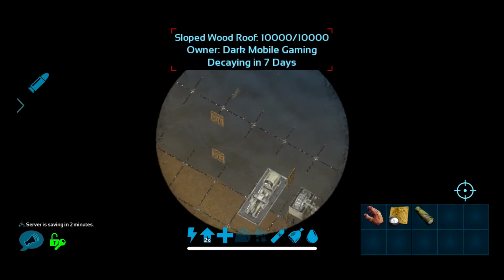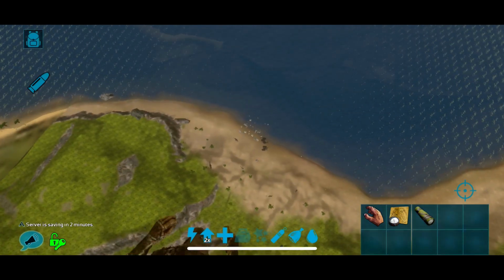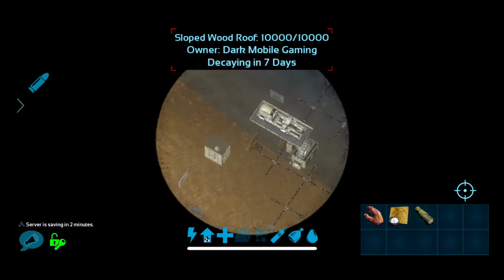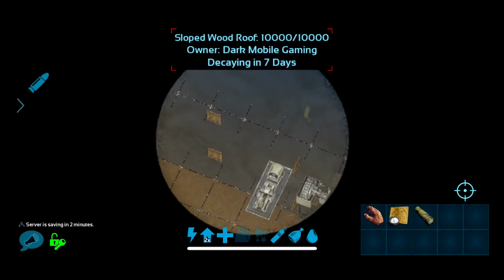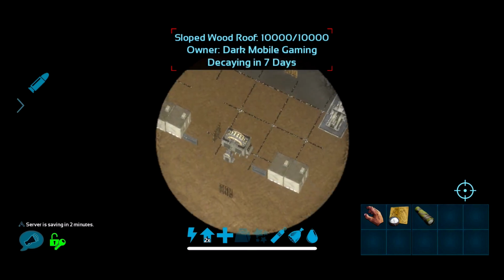Okay, this is where the PvP and the scouting means something. If someone's scouting your base in PvP, they can literally see all the tames you have inside your base. They can see the layout of your base. They can see where's the breeding area, where's the crafting area, that kind of stuff. You don't want people to be able to see that when you're trying to defend your base, because if they